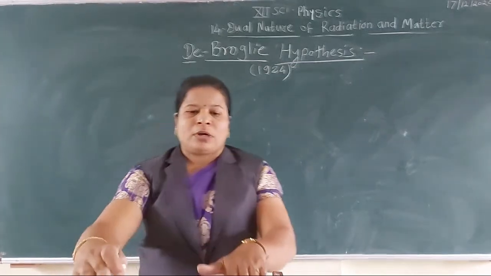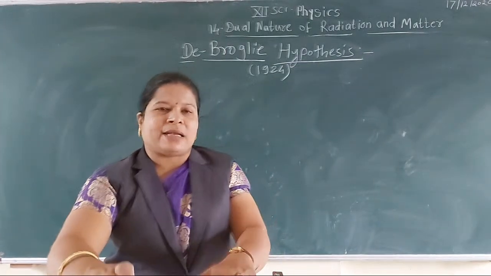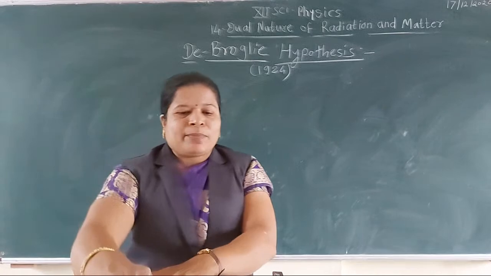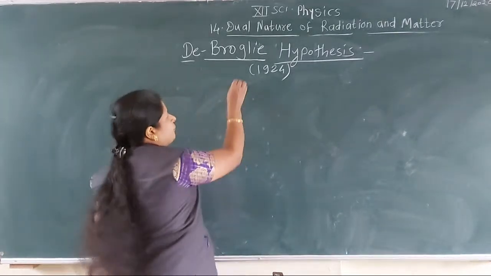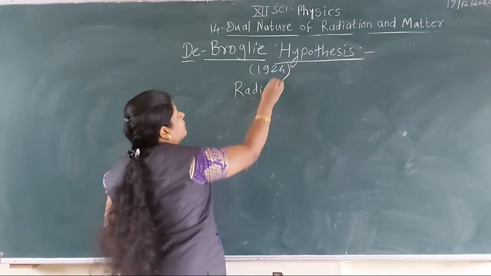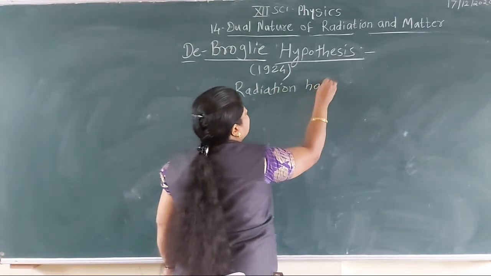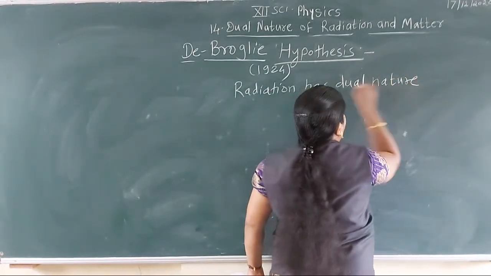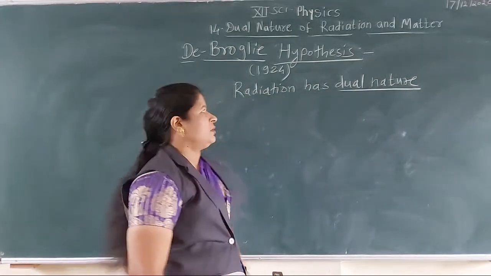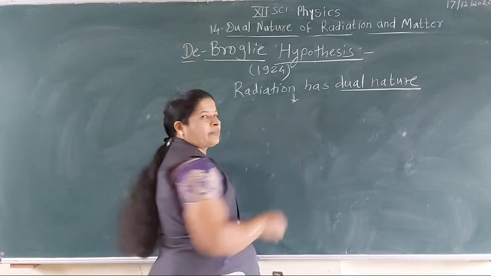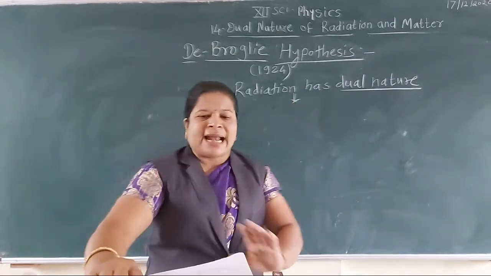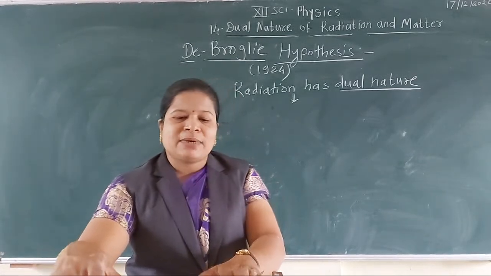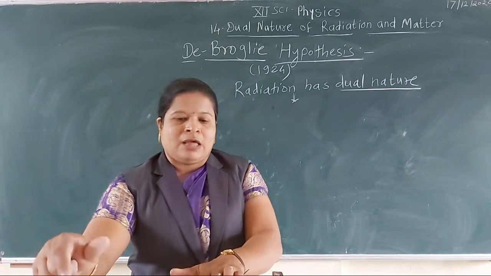In 1924, the scientist de Broglie proposed that if radiation has a dual nature, sometimes wave nature and sometimes particle nature,